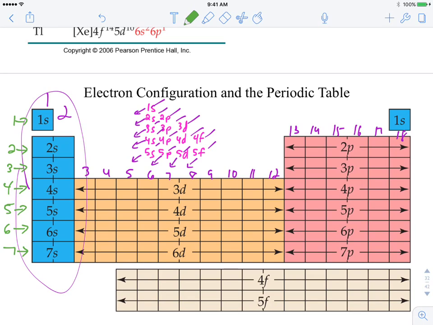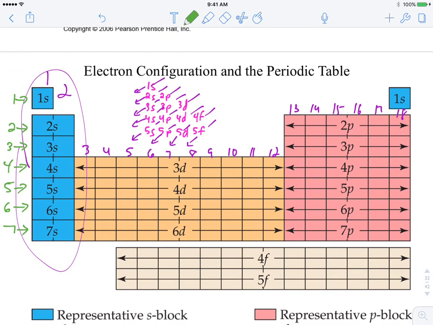What this allows me to do is know where to stop when I'm making an electron configuration. Let's say, for example, I wanted to do phosphorus. Phosphorus has 15 electrons. When I look on the periodic table, phosphorus is in group 15 and period 3. So phosphorus is right here. Group 15, period 3. So that means that phosphorus is going to go as follows: